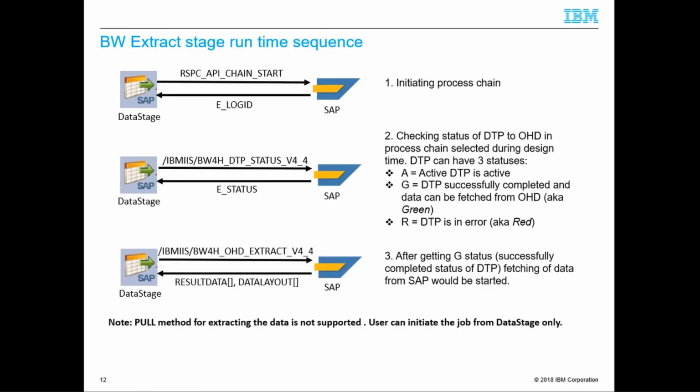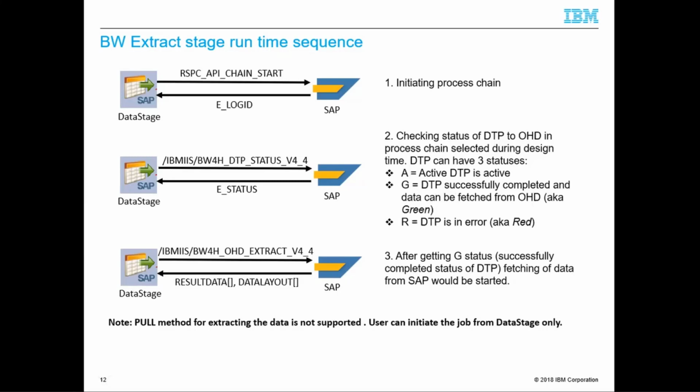So we'll keep waiting. The runtime will keep waiting for your DTP status to get green. If you see here G, which signifies the DTP successfully completed and data can be fetched from the OHD. So once in the SAP BW server the DTP associated with the selected Open Hub destination is green,